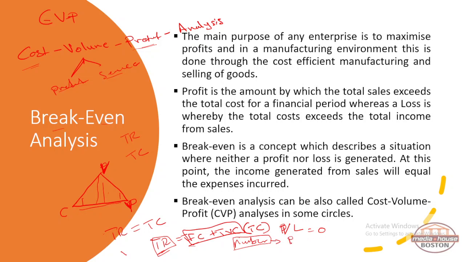But we don't just start making profit at that point. We've got something else called the margin of safety. Margin of safety is expressed as a percentage beyond our break-even point. Sometimes we find that the margin of safety is 20%, meaning that we need to sell at least an extra 20% of this amount, so that we can say that after the 20% we have started to make profit. So, in an example,